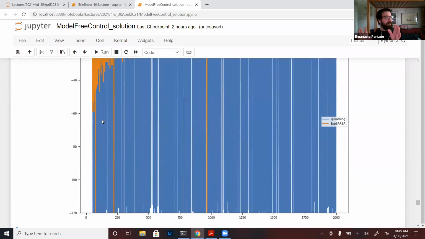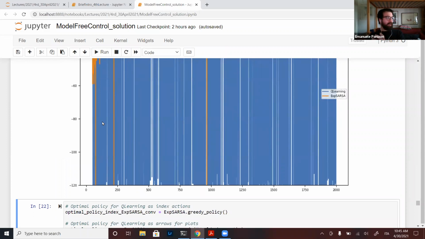Okay, with this, we have the basic structure of what it means to do TD control for model-free systems in a tabular case, which is a very basic thing, but we have still dealt with unknown models.